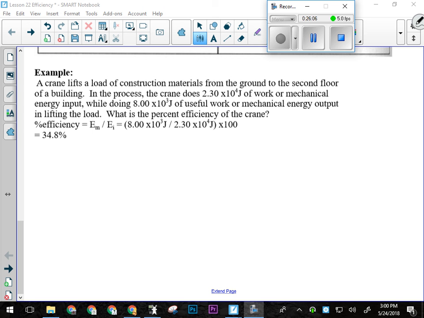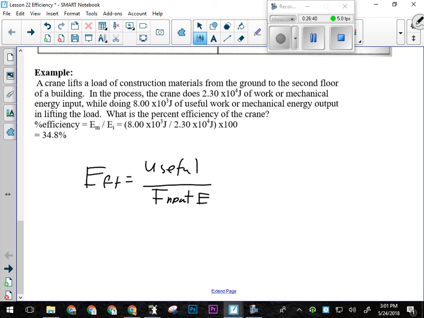All right, so we have a crane that lifts a load of construction materials from the ground to the second floor of a building. In the process, the crane does 2.3 times 10 to the 4 joules of work, or mechanical energy input, while doing 8.0 times 10 to the 3 joules of useful work or mechanical energy output. Okay, so for efficiency, we're supposed to take useful work and divide it by input energy,